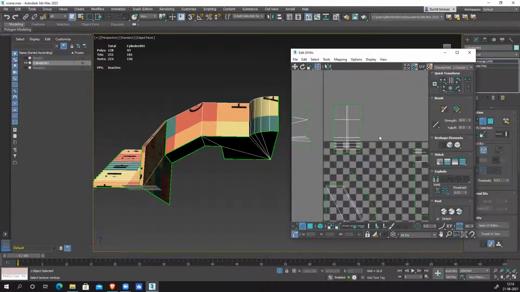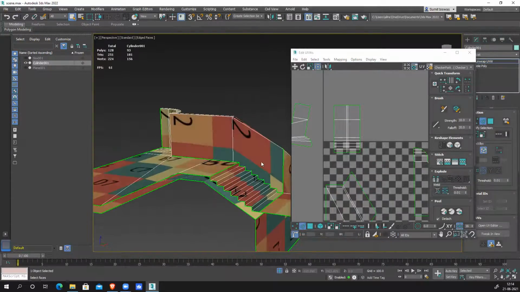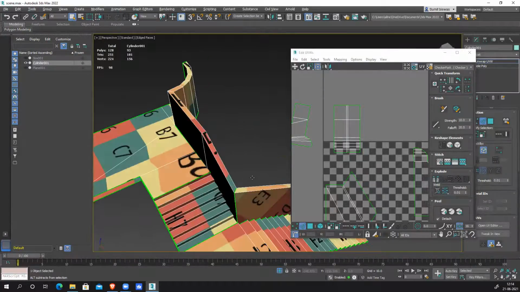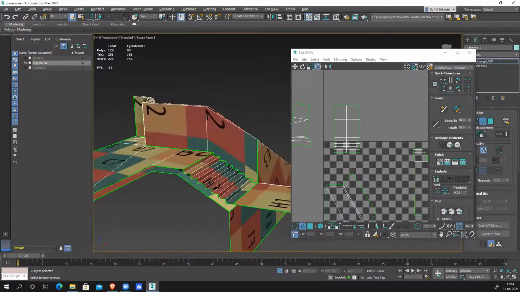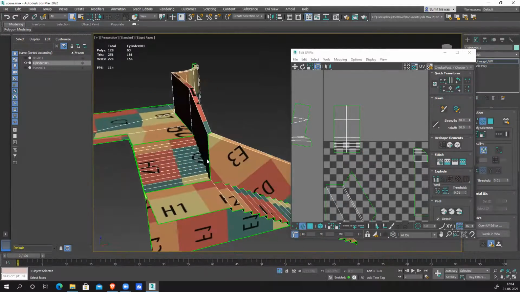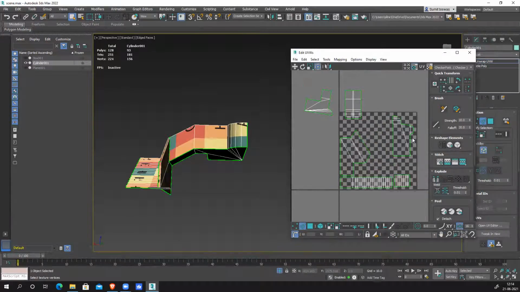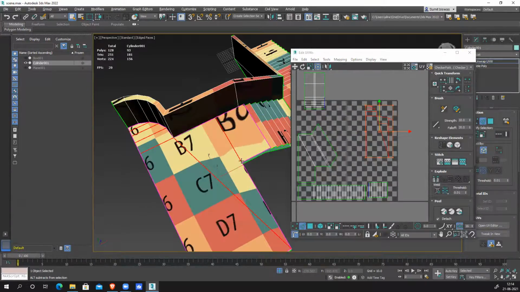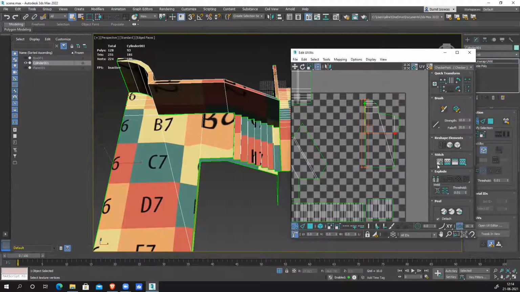So everything is clean, and check your checkers. You can see it's clean. I can see here there is slight stretch because of the angle. Because there is an angle, that's why there's a slight stretch. So if I want, I can make it angled, so it will fix. But it's straight, so the texture will come correct without any problem. So I'll keep it like this. This is also clean. This is also clean, and which part is this? Oh, this section. This is also clean, so I have to make a few things straight.